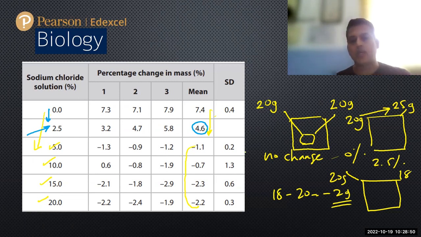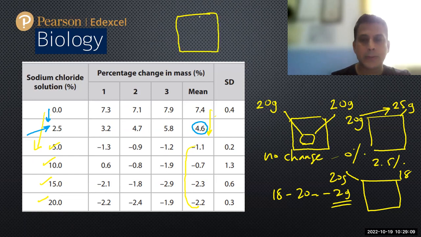In deduce type questions, it is important not only to describe, we also have to give some kind of justification for these changes. Why does this happen? Because if